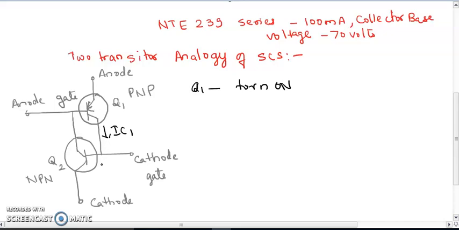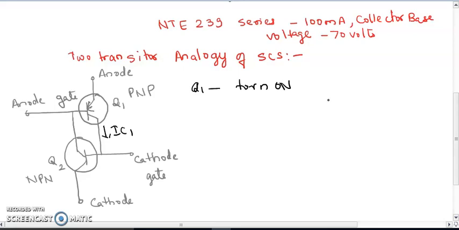And if a current pulse is applied to the cathode gate, then less magnitude and less time is required to turn on the silicon controlled switch. So the cathode gate is used to turn on the SCS.